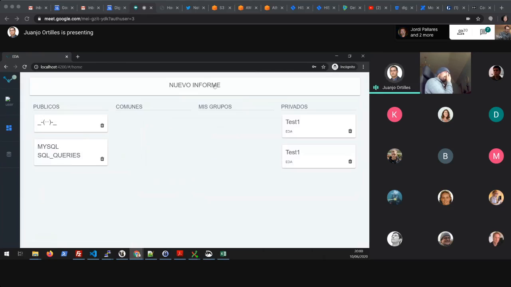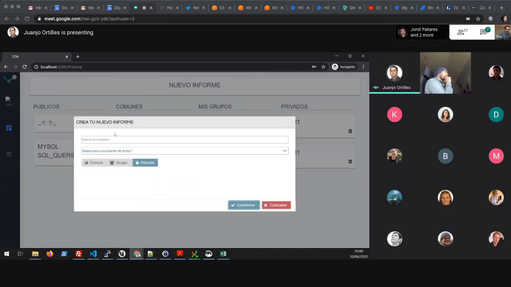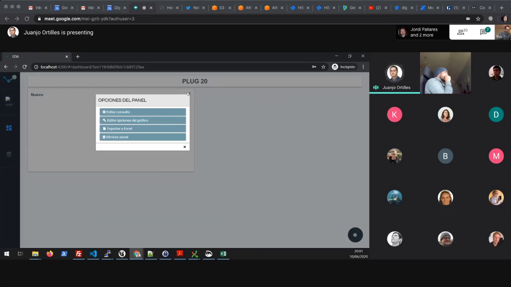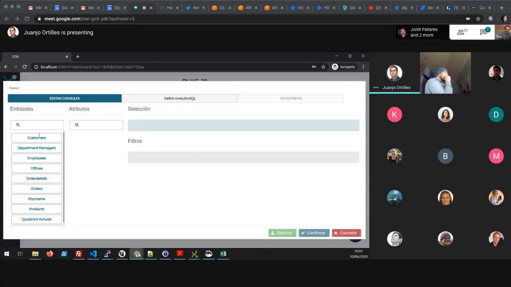So let's do it. Okay, we will make a new report. We will say it's black 20, and we will choose the model we've been working with. And we again have the EDA dashboard designer, which is just panels. We have configuration here. We edit the query, and we've put a searcher here